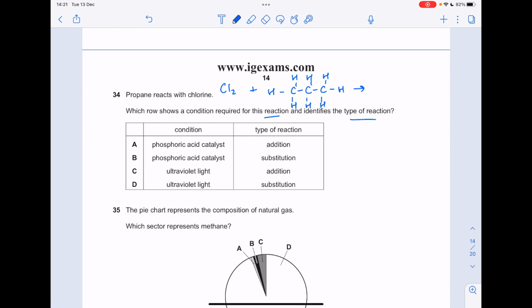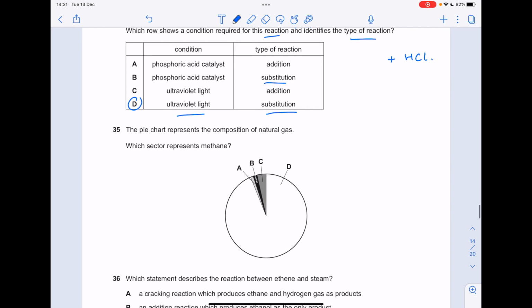So it's easiest if I actually draw what happens. So one of those hydrogens gets substituted out for chlorine. And so because of that, it's a substitution reaction. And you need the presence of UV light. Remember, phosphoric acid is used to make alcohols in the hydration of ethene, which is why this isn't the correct